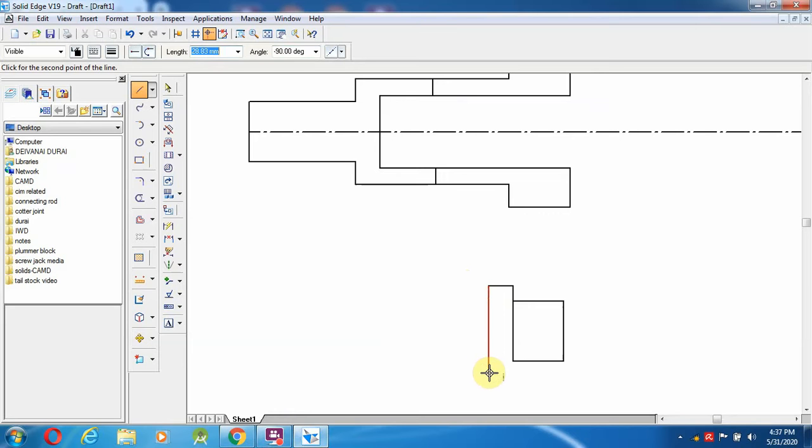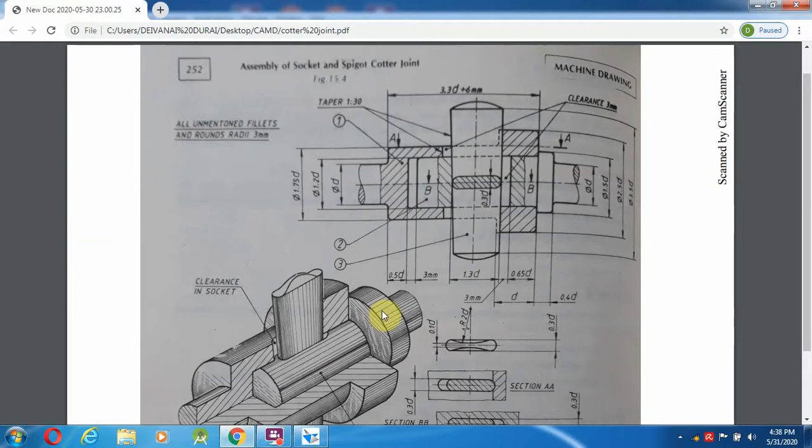And down again 30 back, we can give a 30 mm distance, enter, and I am going to draw a straight line up to the 8 mm length, going to join over here. So the basic things drawn over here, like the handling part.